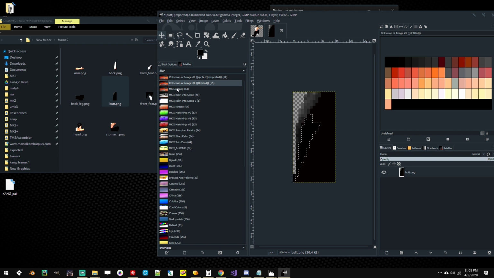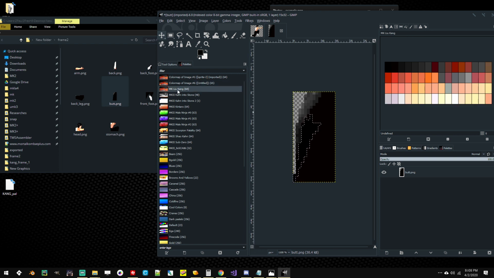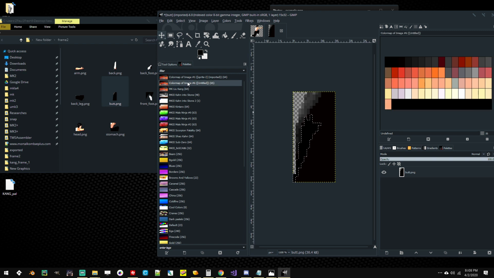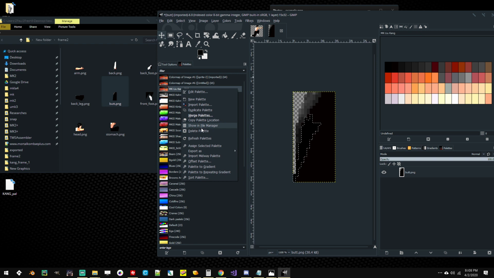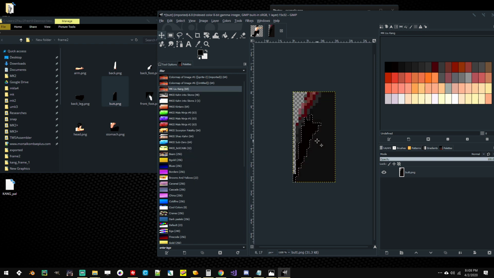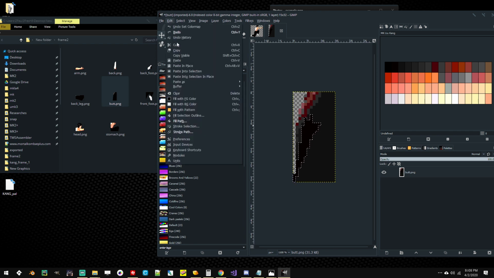Okay, so if that's correct, then the one with the extra color is causing us issues because it's currently assigned the one with the extra color. Let's see. Okay, so